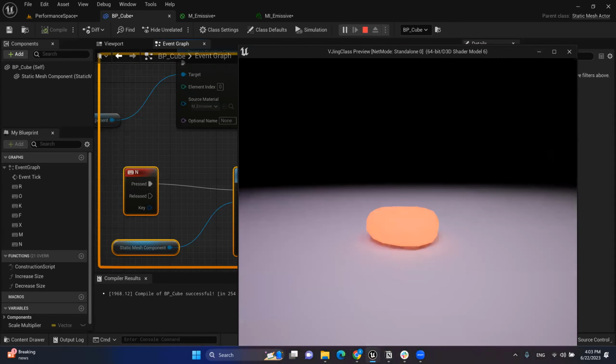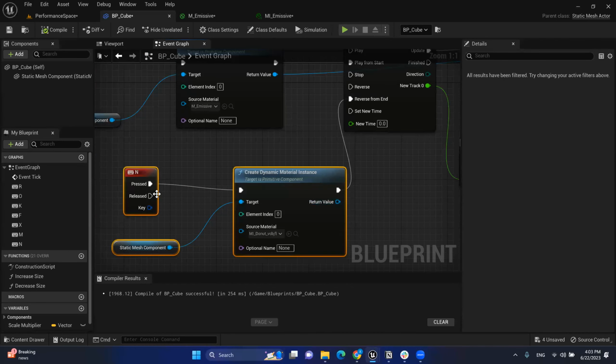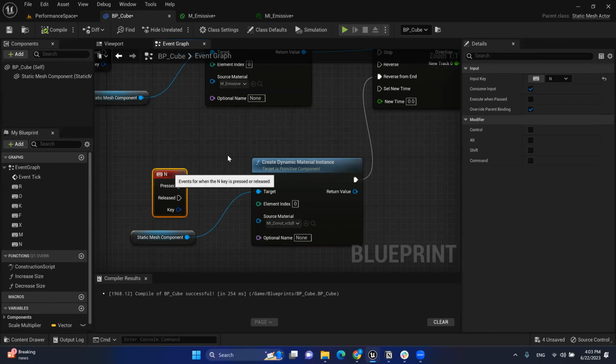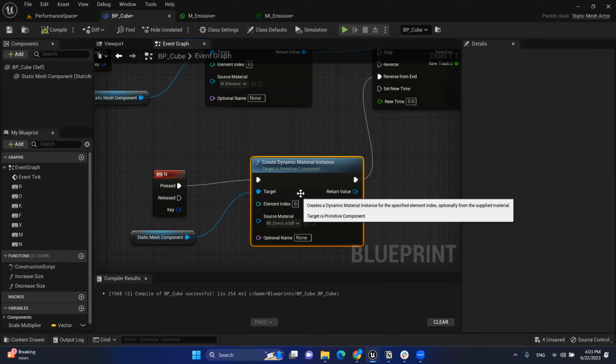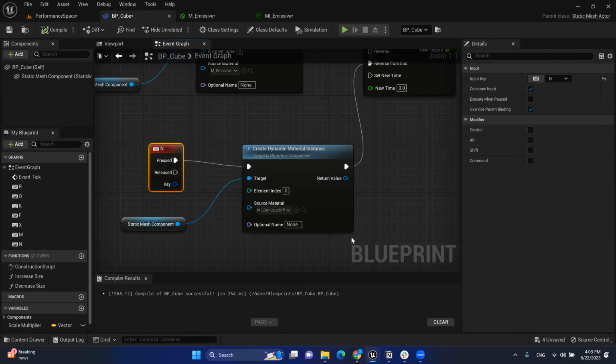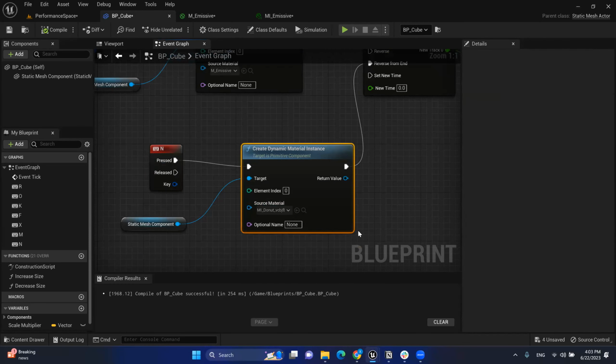Press and glow. Press and unglow, but it changed all of a sudden to its original state. Like here, there's no gradual fading of the lights. That's because when you press the key, it immediately switches to the material, and it skipped the timeline because it has already become our original material. So I guess